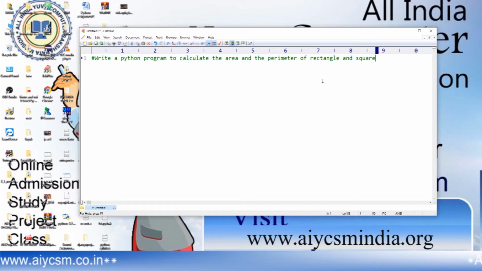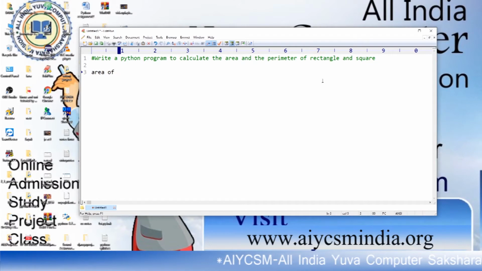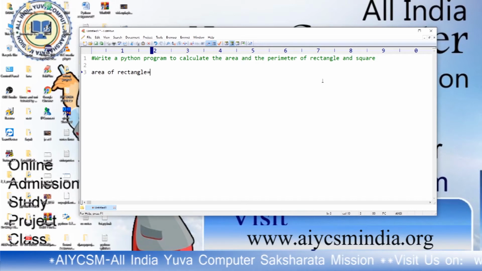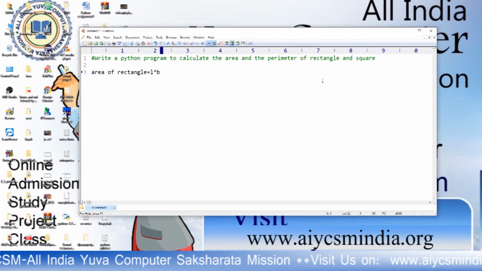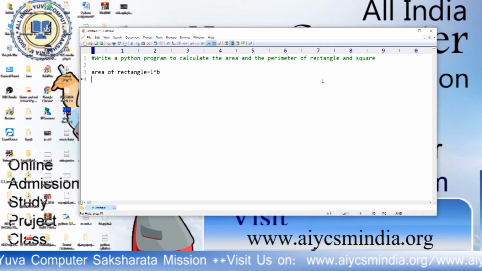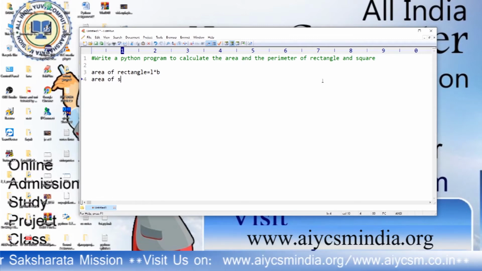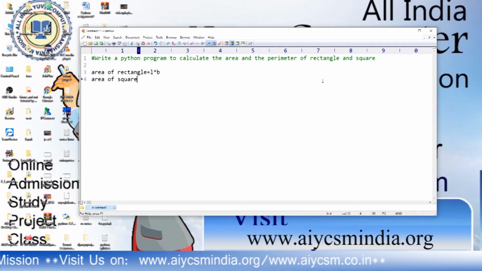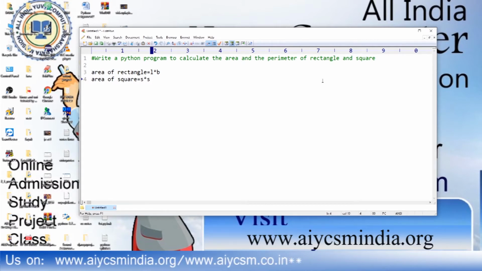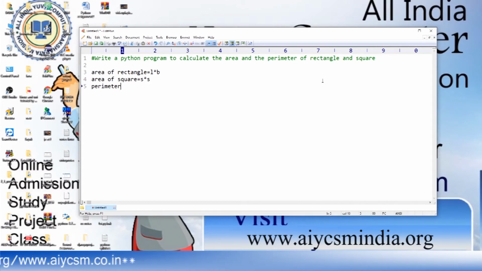I think everyone knows the area of a rectangle. Area of rectangle is equal to L into B, where L means length and B means breadth. The area of square is equal to S into S. The perimeter of rectangle is equal to 2 into (L plus B).